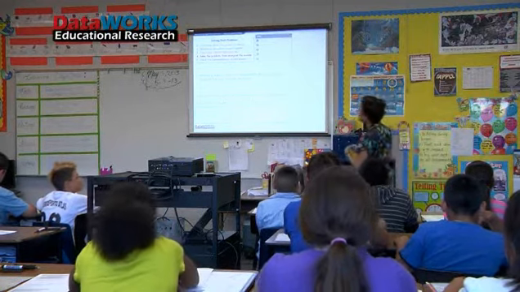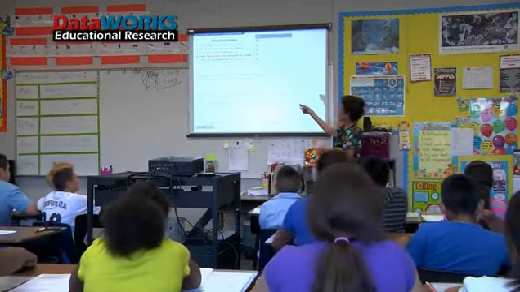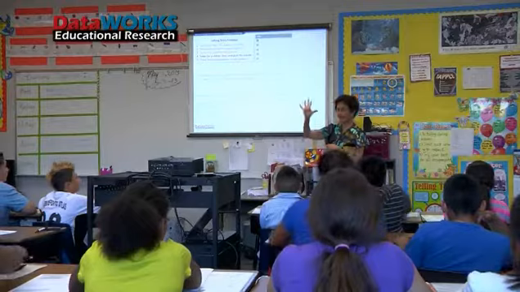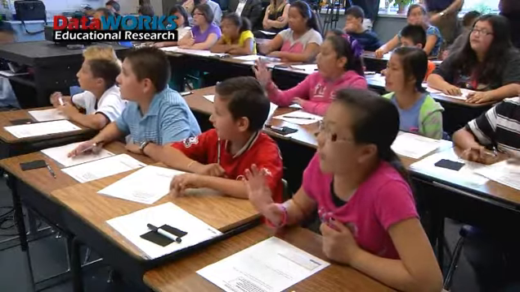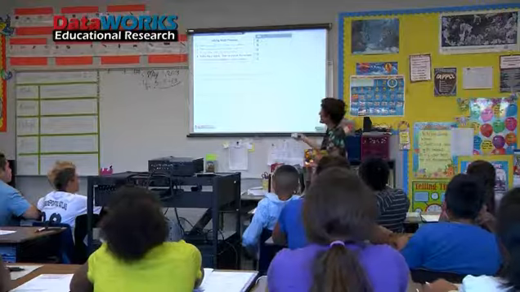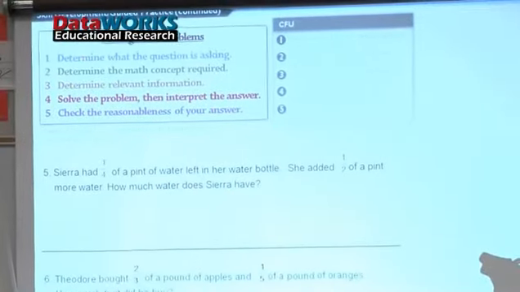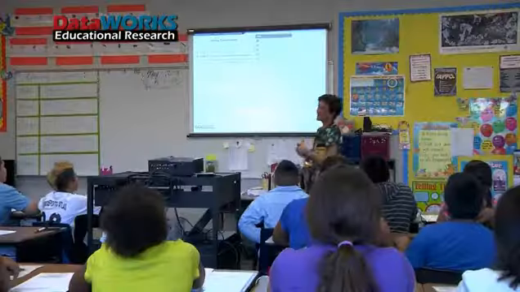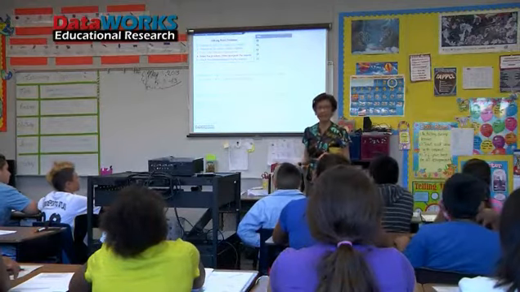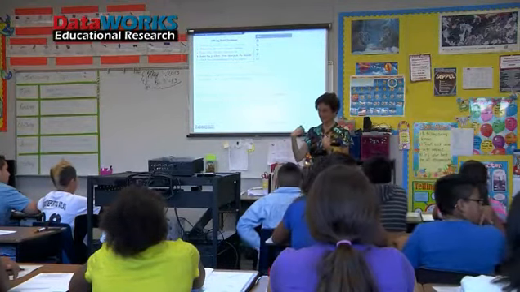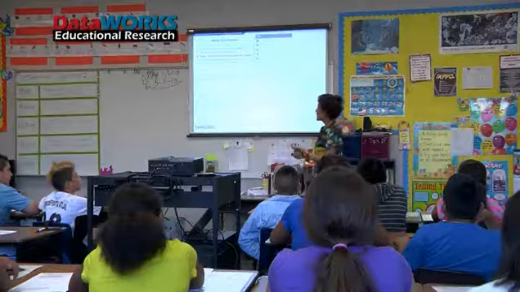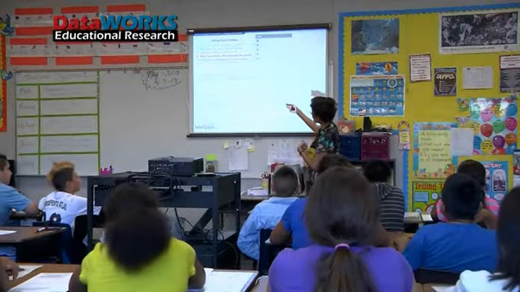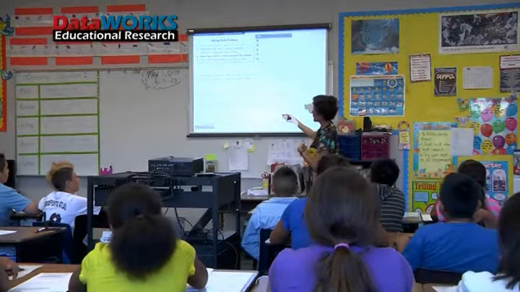So we are trying to solve math problems, and we're going to find 5 steps. How many steps? 5 steps. The first step, help me read it, please. Determine what the question is asking. And determine means to figure out. So I say determine, you say? Figure out. If I say figure out, you say? Determine. So in order to determine, to figure out what the question is asking, I'm going to have to read